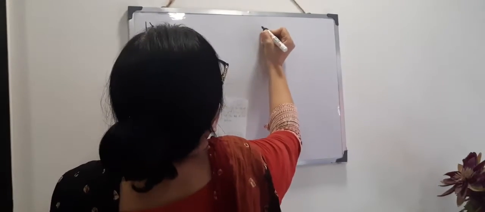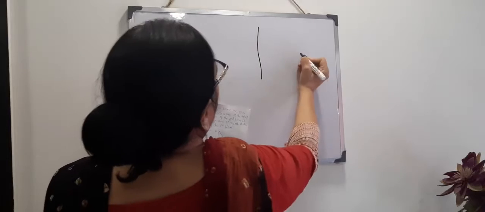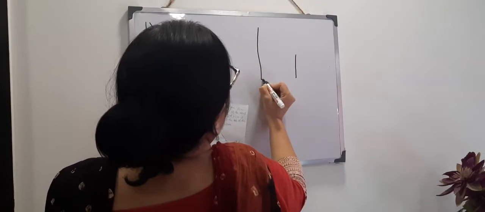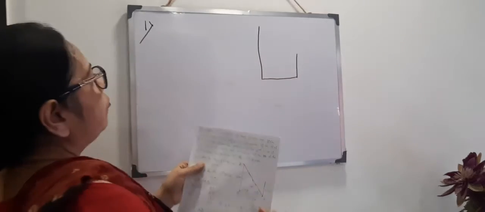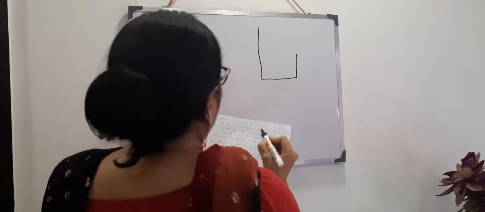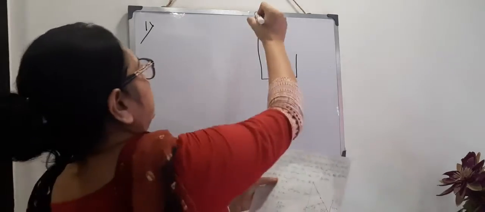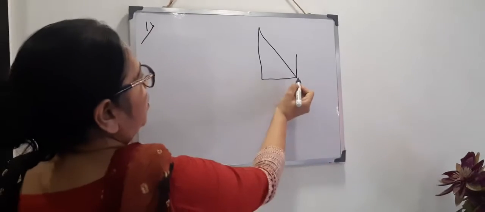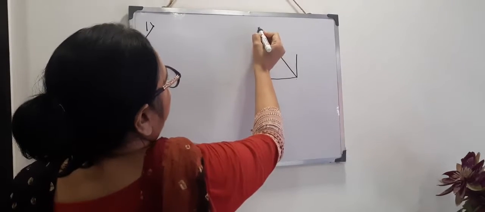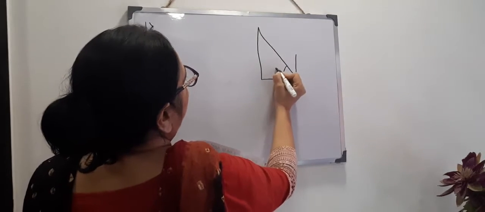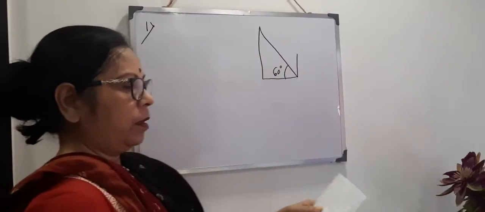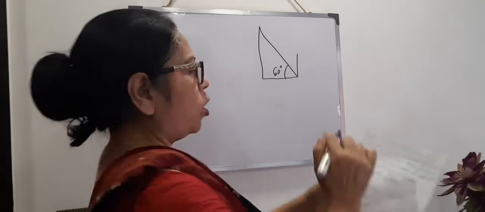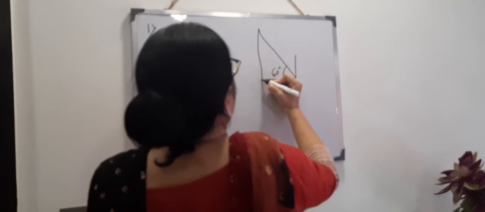Clear? Now see, heights of two pillars given. One is 180 meter and another is 60 meter. So then I am joining the feet of the pillars and the angle of elevation of the top of the first pillar, that means this is from the bottom of the second pillar. That means here, this angle from the bottom of the second pillar, the angle of elevation of the top of the first pillar is given 60 degree. Clear? And find the angle of elevation of the top of the second. That means this one you have to calculate.